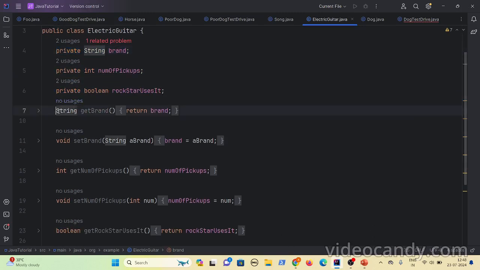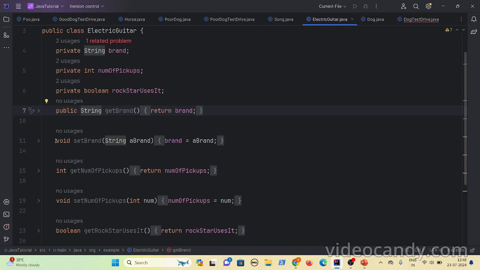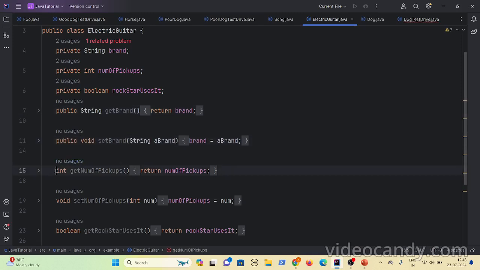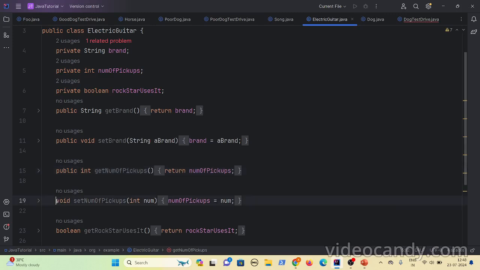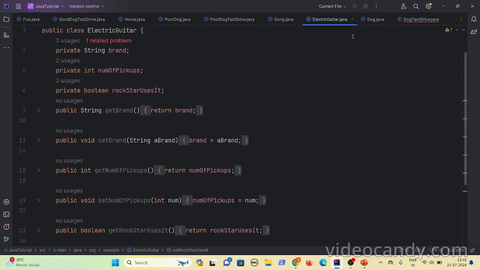So if you look at the setters and getters, all these are public, okay? The access modifier for all the methods is public. Now when it is public, anyone can access these setters and getters, okay? Let's see. Now I want to set the brand name, right?